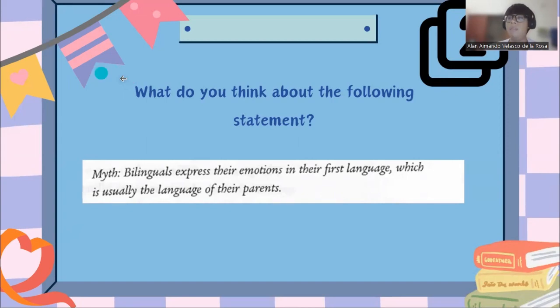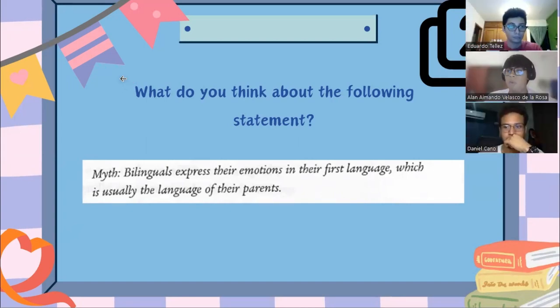Let's take the example you told us. Let's imagine we are in a relationship with a girl, and she's Japanese, Italian, French, and in a fight, of course, we need to express our emotion, and not only in a fight, in other kinds of situations. But speaking of emotions, we want to just get it out. We don't think about it in the other language. At the moment, we just think spontaneously. And of course, we're going to talk in our first language.